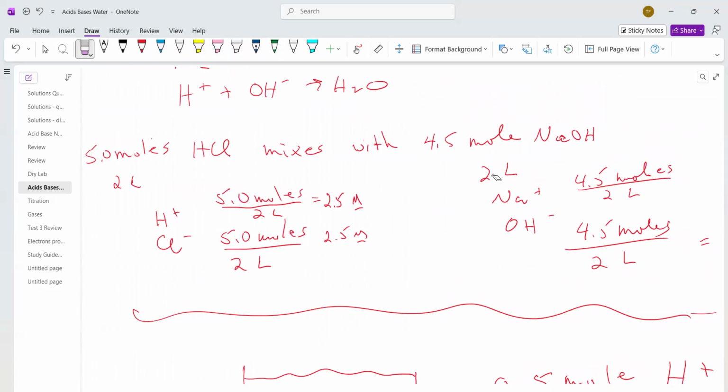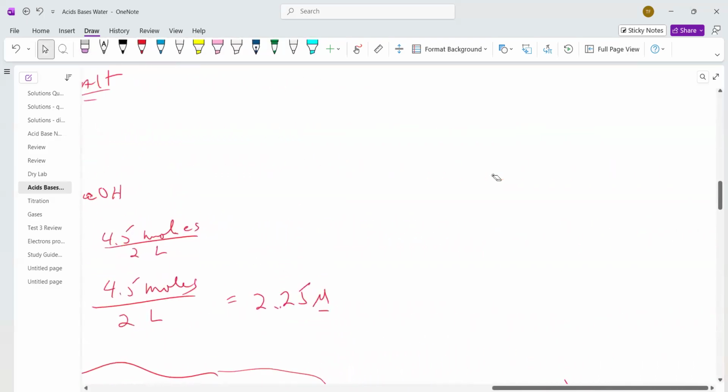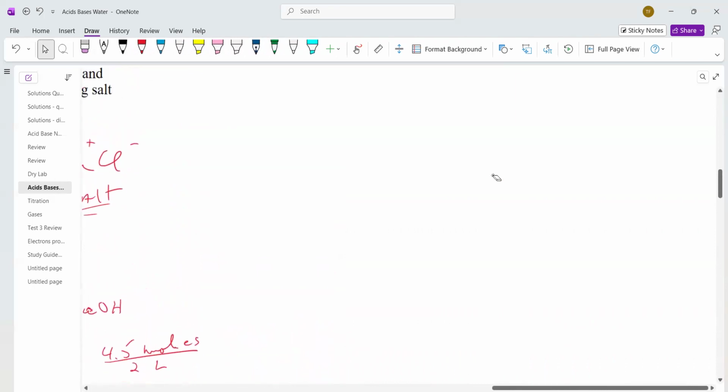Okay, the main thing is pH is a measurement of acidity and alkalinity. The lower the number, the more acidic. The higher the number, the more alkaline or basic it is. Okay, so let's look at a problem here. So say we have